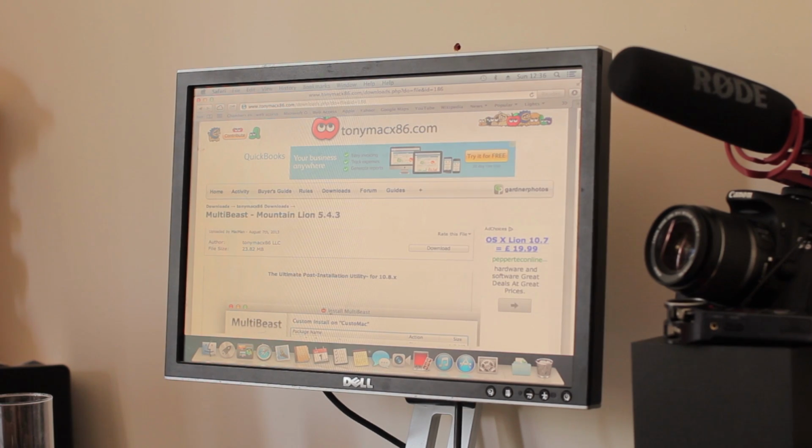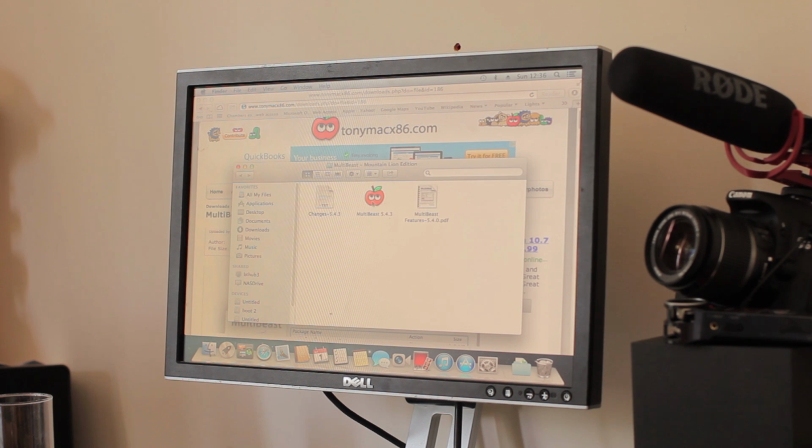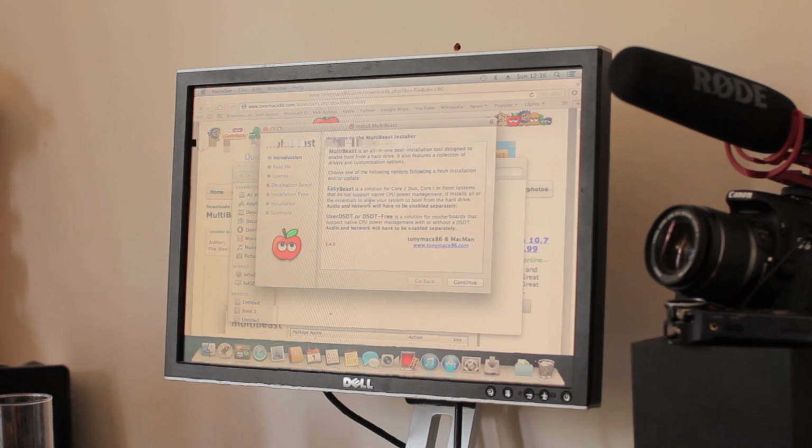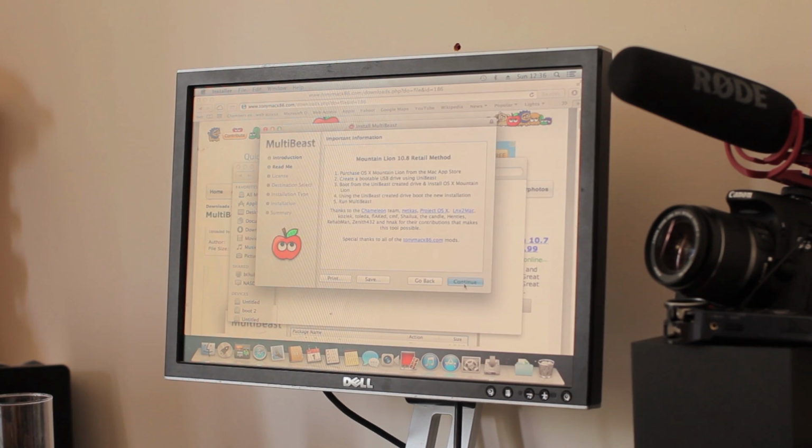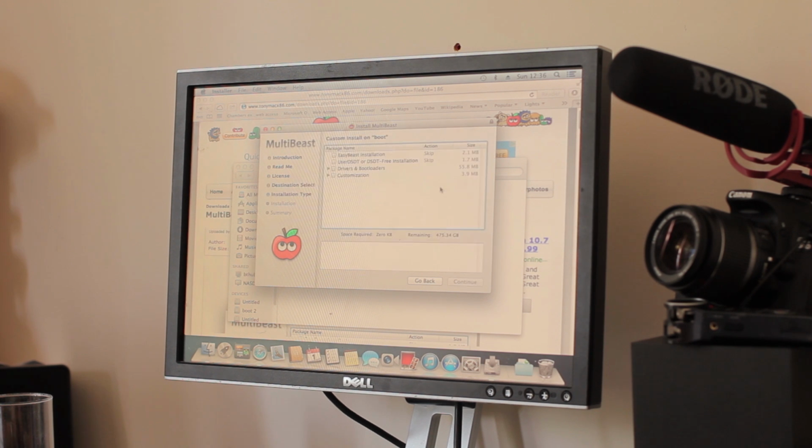Okay, now that that's downloaded, we can go ahead and open it up, and it'll look something like this. So you just click continue through here, agree, and you're going to want to select Easy Beast. Well, for this combination, go into drivers, audio, Realtek without DSDT, 898, and network, Intel,